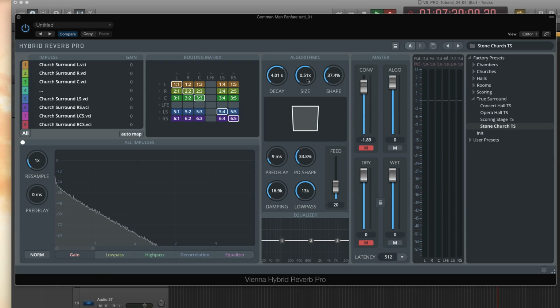As the convolution reverb usually takes care of the initial early response reverberation, we will set a pre-delay that defines the amount of time between the dry signal and the onset of the algorithmic reverberation in milliseconds. With a higher pre-delay setting and the dry signal activated, you will hear that the algorithmic reverb kicks in much later.